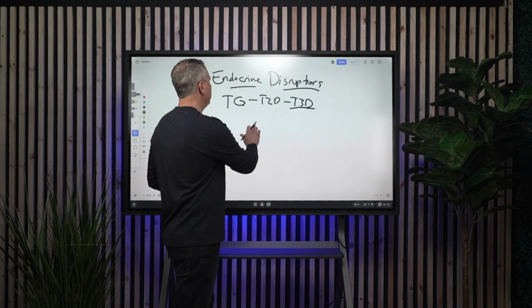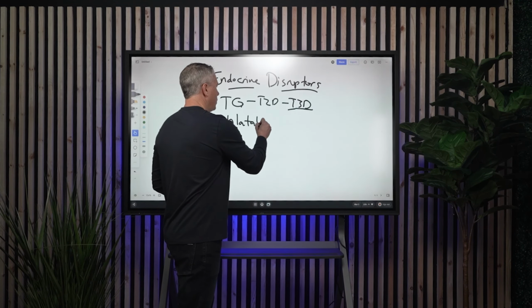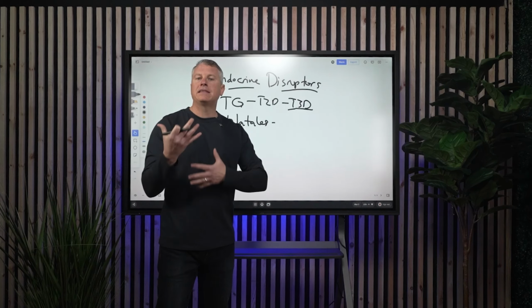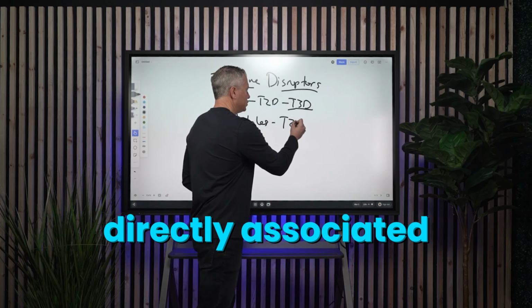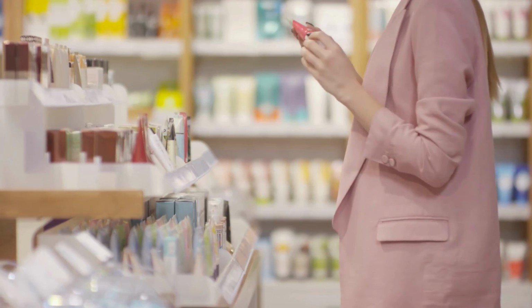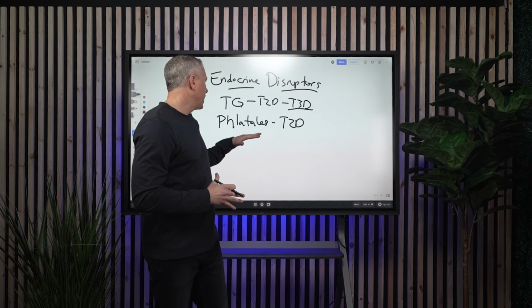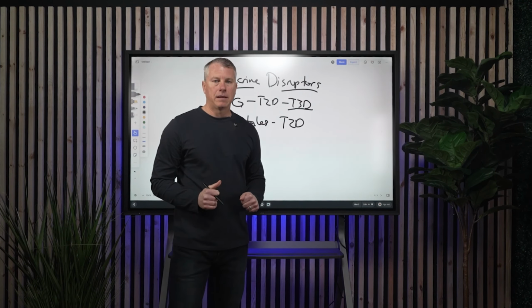The next one we see here are things that are called phthalates. And phthalates are what's found in things like plastic. They're referred to as plasticizers, where they make plastic more durable, more flexible, and any types of things that have plastic in it. This has been directly associated with type 2 diabetes. This can be found in things like cosmetics, plastic water bottles, and other types of products out there. Very, very damaging and very common that we see in a lot of our type 2 diabetics.